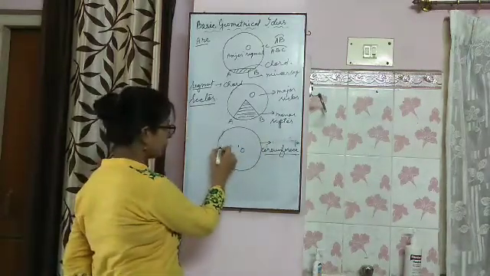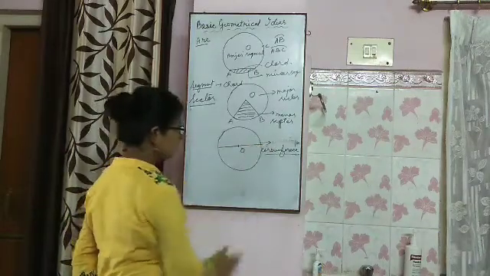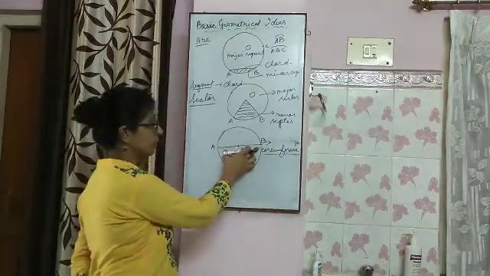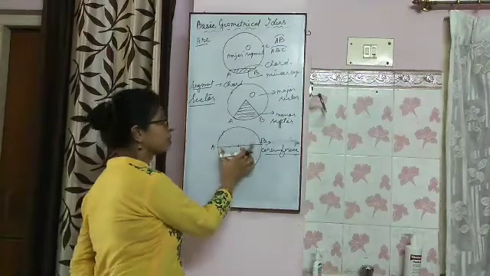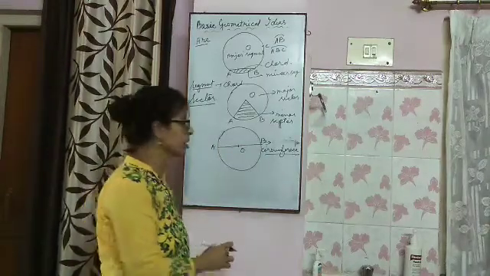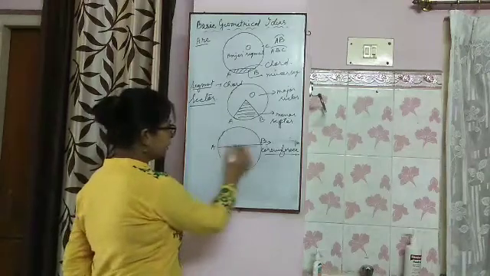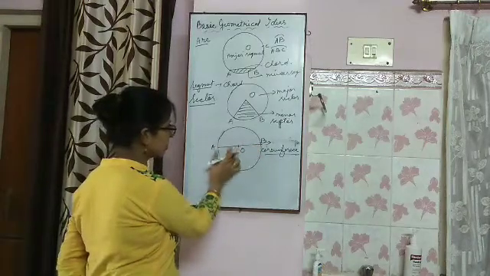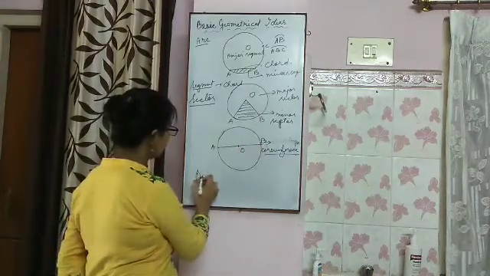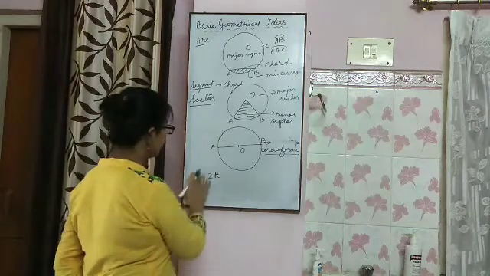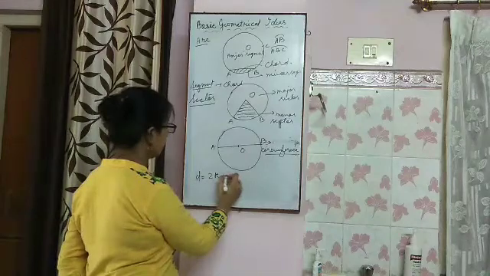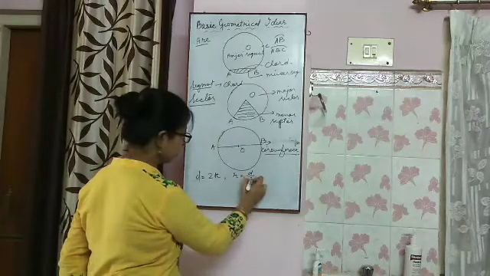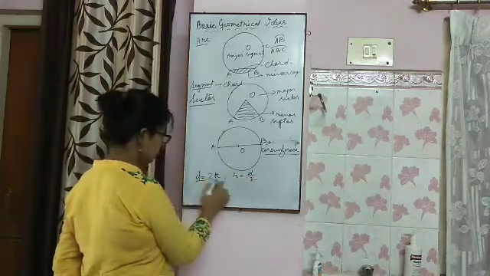But I'm going to ask you one thing: is the diameter also a chord? Yes, obviously it is also a chord, but this is the longest chord. Diameter is the longest chord of a circle. And what is the relation between the diameter and the radius? Diameter is 2 times of radius. So diameter can be written as 2 times of radius. So using this formula, you can get any answer. Like if you find radius, then it will be diameter by 2. So you may get the form this one or that one.